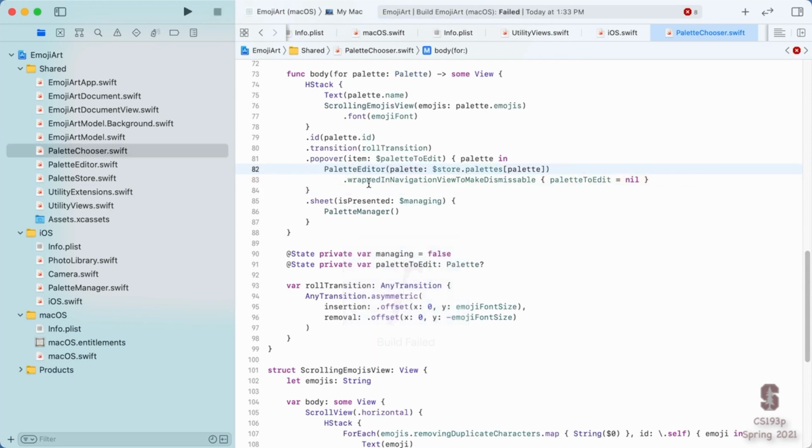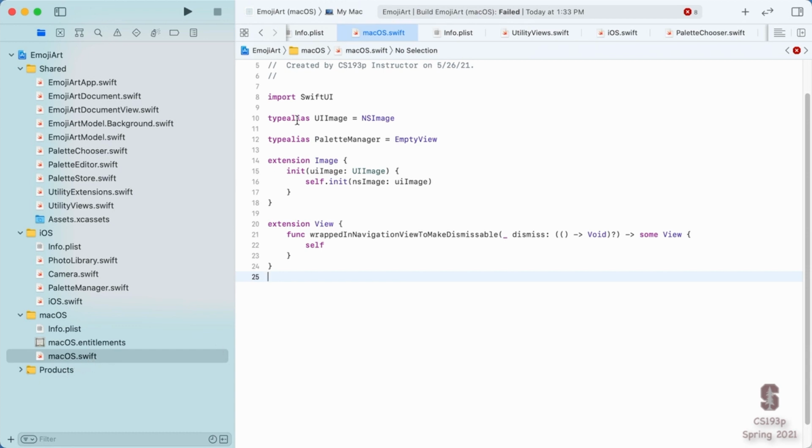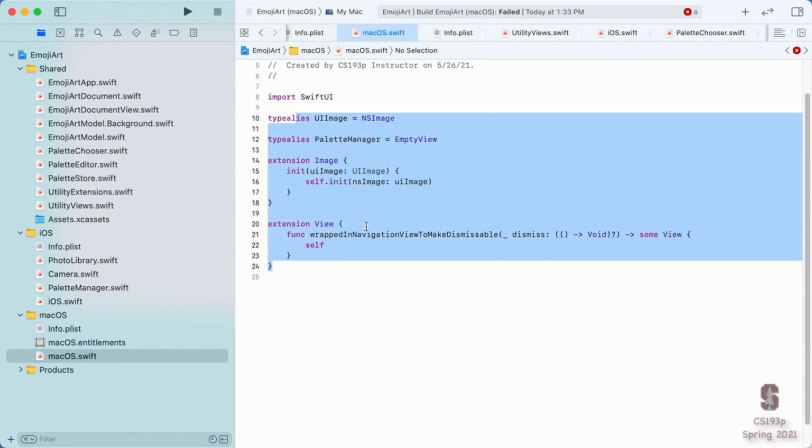So that's a good way. In fact, view modifiers in general are a pretty good way to have platform-specific behavior and collect it over here into one file. And that's an interesting strategy trade-off, whether you try to collect things over here into this one platform-specific file, or whether you're doing the if OS, macOS, or if OS, iOS things scattered throughout your code.